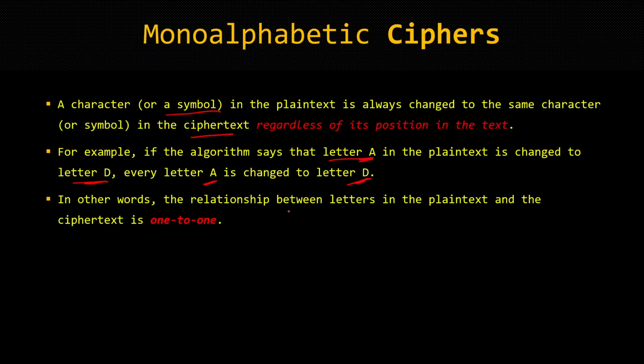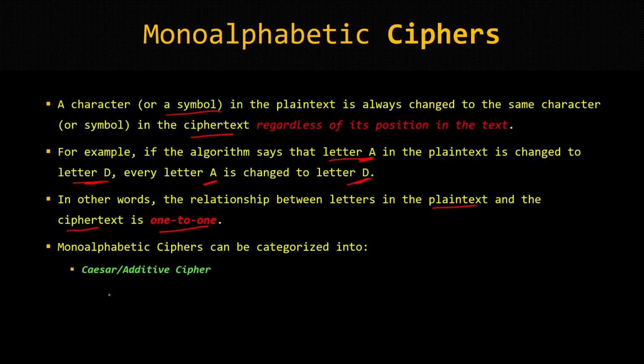In other words, the relationship between letters in the plaintext and the ciphertext is a one-to-one relationship. These monoalphabetic ciphers can be categorized into Caesar or additive ciphers, multiplicative ciphers, and affine ciphers. Let us first take a look at